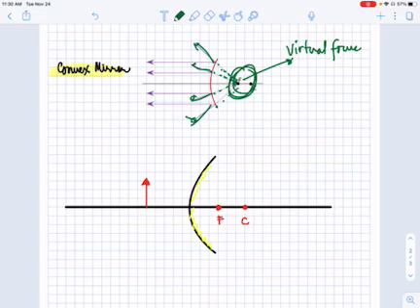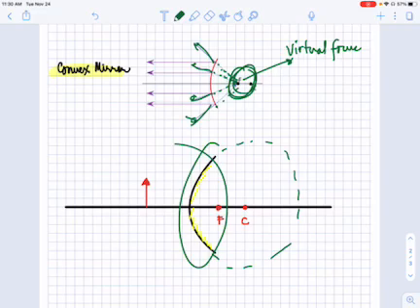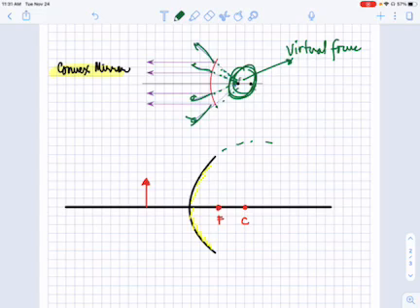Okay. Then, looking at the convex mirror, if we are going to completely draw the sphere, that's the reason why we have the curvature, that's the center of the sphere, and then the focus, the virtual focus. So that's the part that we are using. That's why we have the convex mirror. Now, how do we work on the ray diagramming of a convex mirror? Let's try to check it.